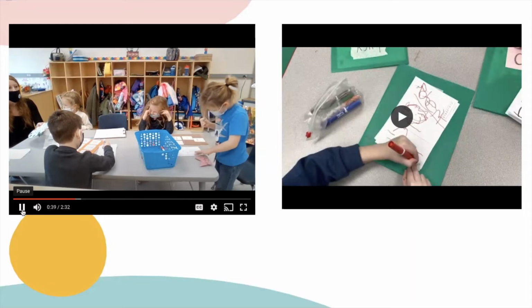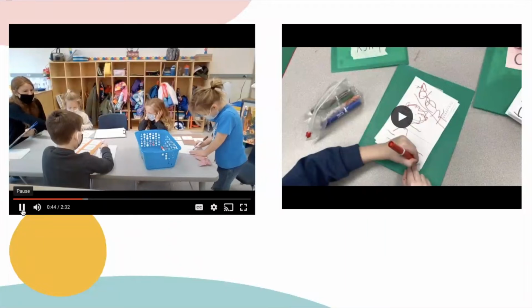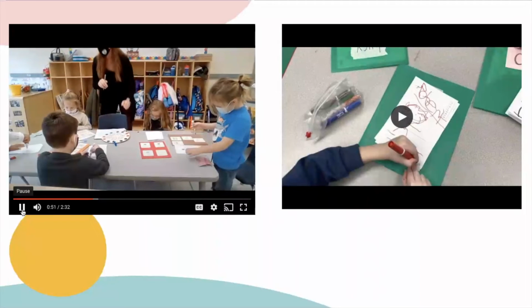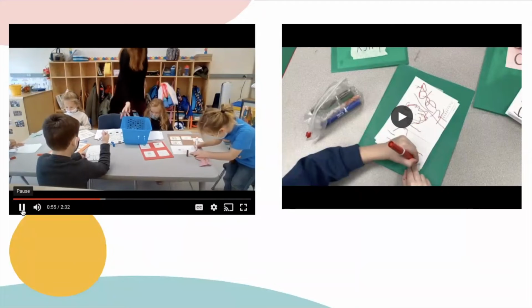Now you see this student needed a little bit more support of what to do in that center. So the teacher's supporting that student. Water the flowers? Okay, can I see a nice picture of you watering the flowers? Great, Layla. Water the flowers. Good